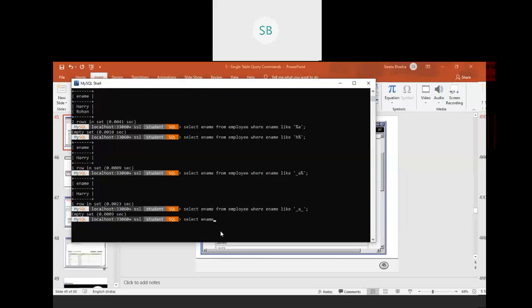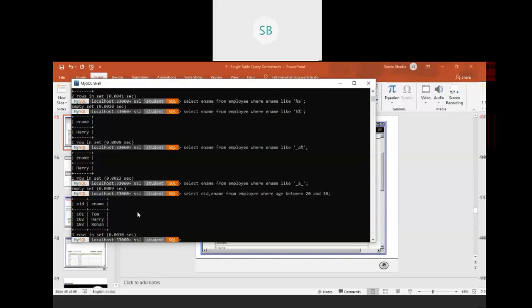Select EID, ename from employee where age between 20 and 30. So it's printing all the 3 names.